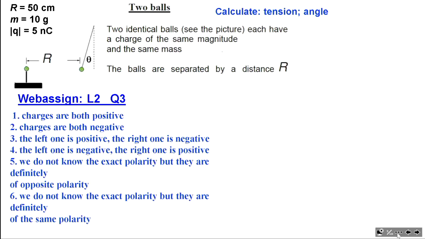And I'm going to start drawing a free body diagram for which object? For the ball on a string. The free body diagram for the ball attached to the rod is simple and not helpful at all. Here we have only the force of gravity pointing down and the normal force pointing up. But for the ball attached to a string,